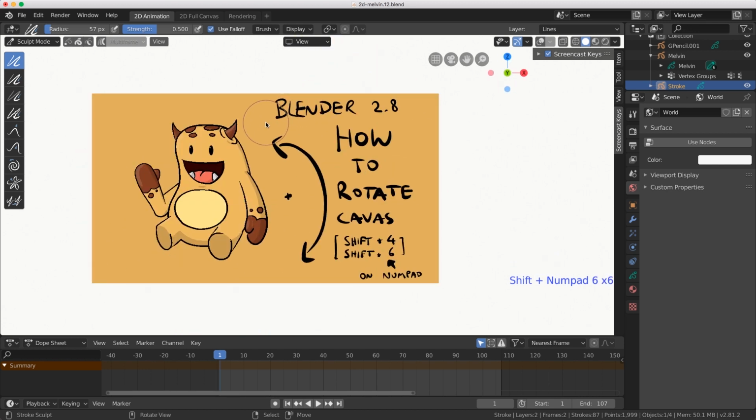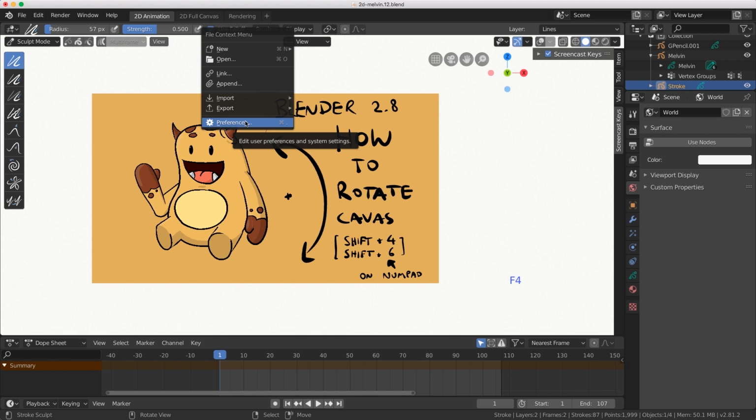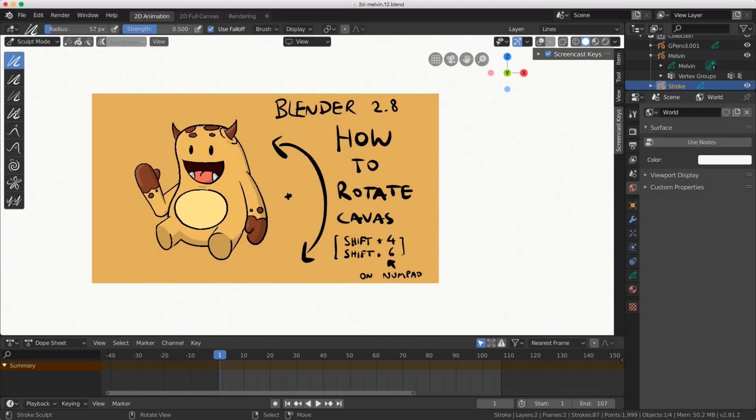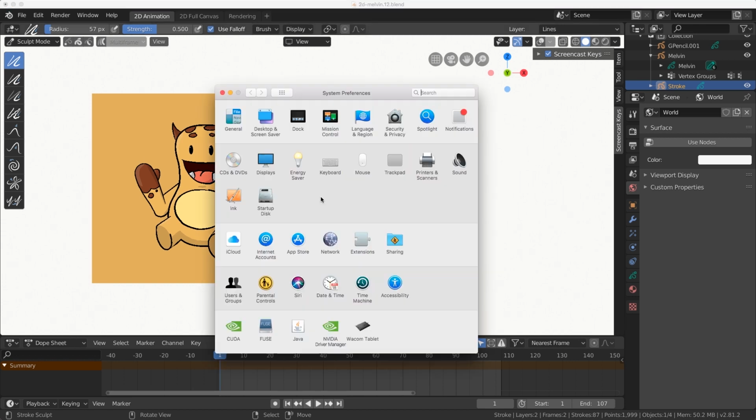Alternatively, if you wanted to change the default settings, I'm going to just hit F4, go to my preferences. Under navigation, the rotation angle, you can set this to be whatever you want if you want to make it rotate faster or slower. Also, if you have a Wacom tablet or any other type of tablet, you can map